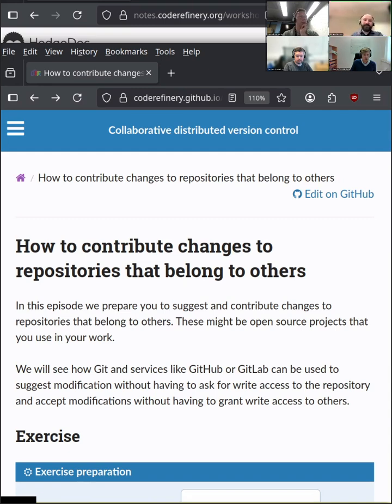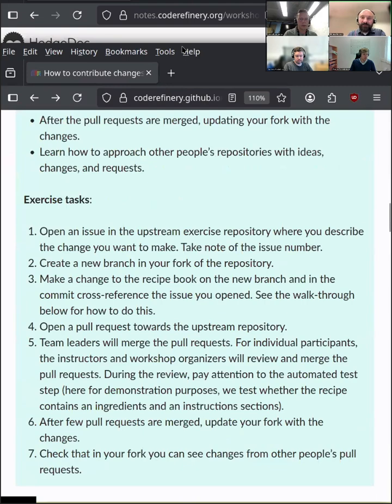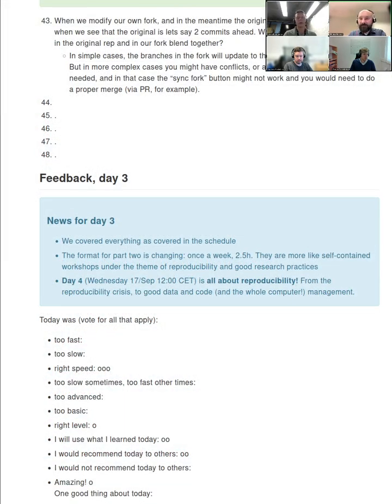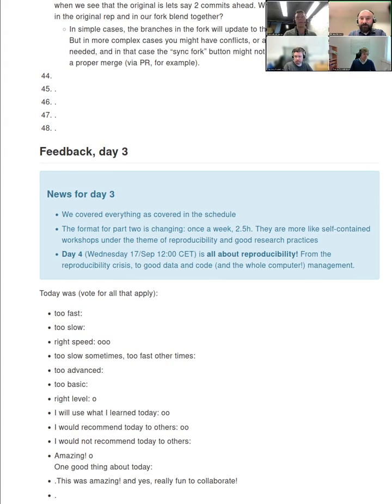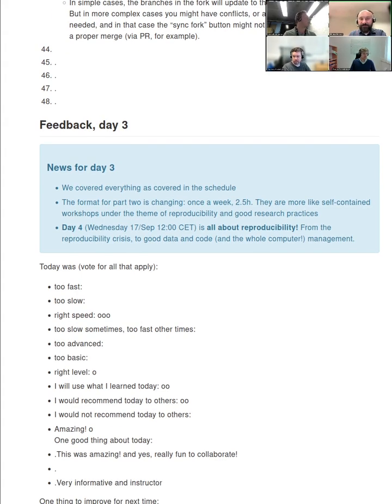Thank you so much, Gregor and Andrew. I hope all the participants felt how important this day was and how fun it is to collaborate with other people and improve somebody else's repository. We could also switch here to the notes document so that we can see it. At the bottom of the notes document, you can keep on asking questions, of course. That's the feedback for today. And the news box is, of course, the interesting one.